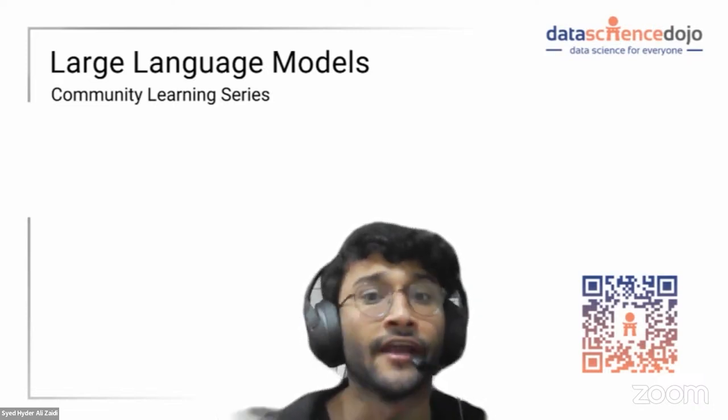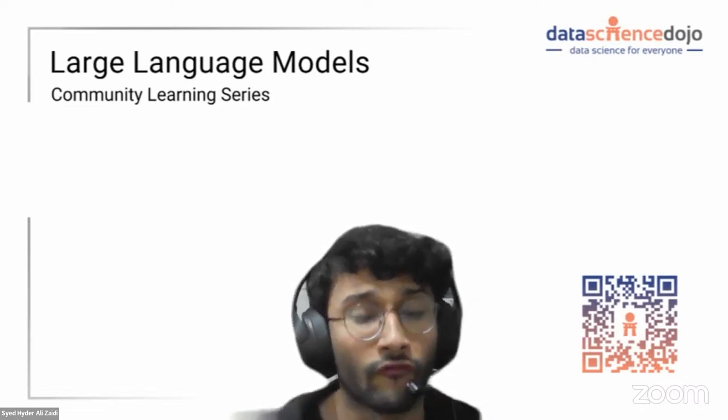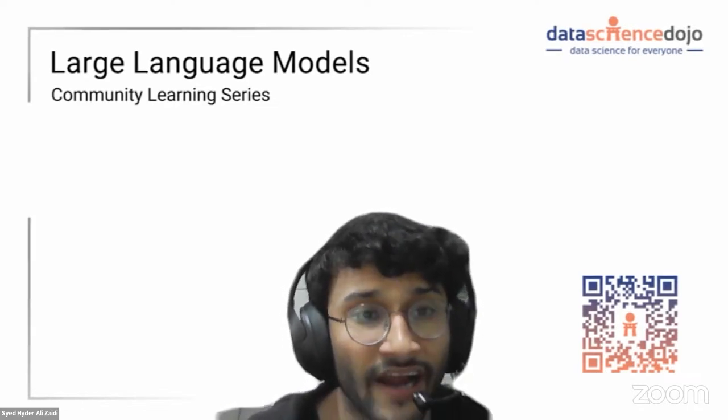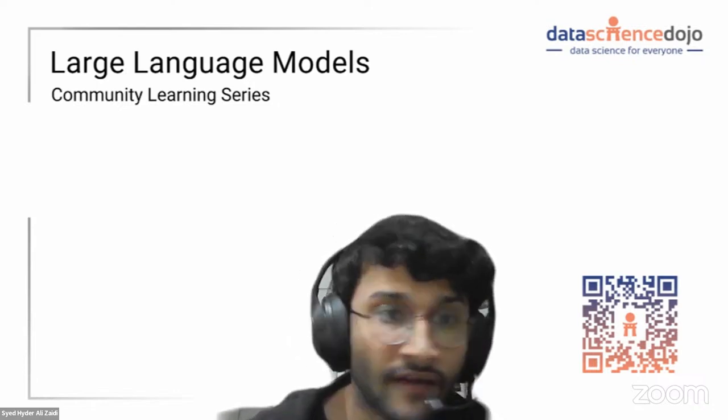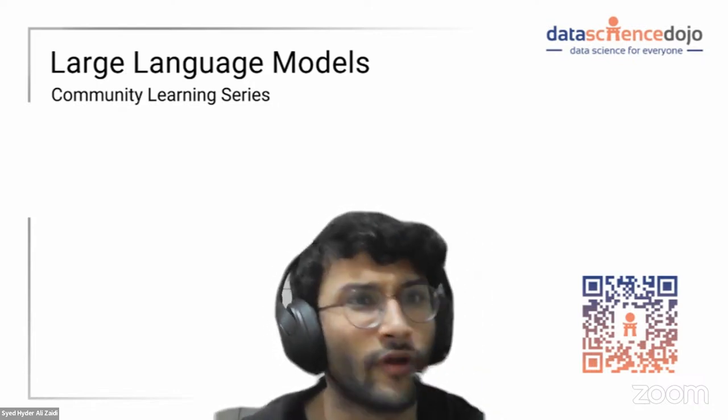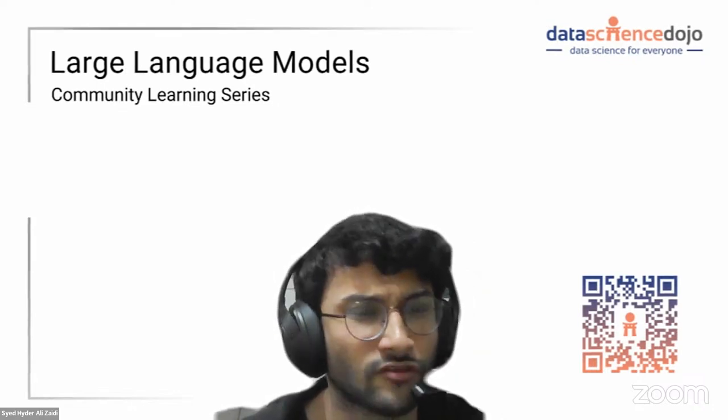For example, yesterday Claude 2 was released with 200K context, and they are claiming 4x or 5x reduced